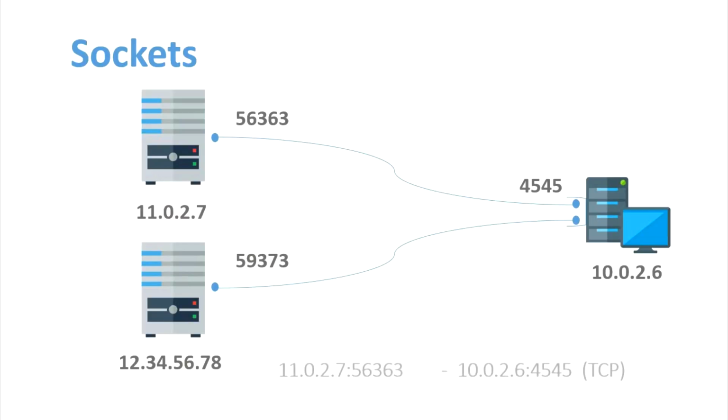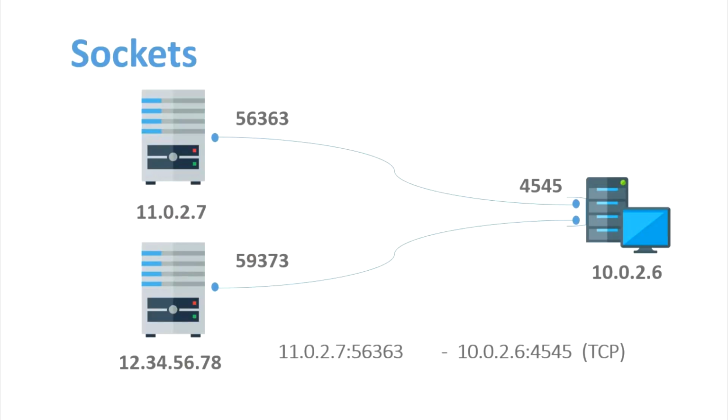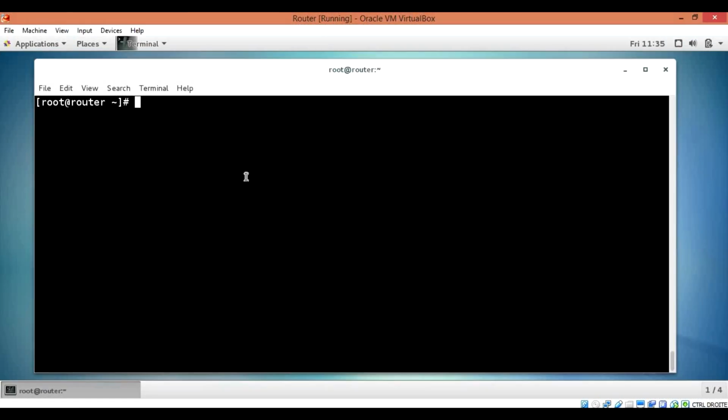Every connection through one of these doors is called a socket, which is defined as a connection which has an address and a port on each end, along with a particular protocol to describe how the data flows between the endpoints. With the ss tool, which replaced the older netstat tool, we can see these sockets and determine what the